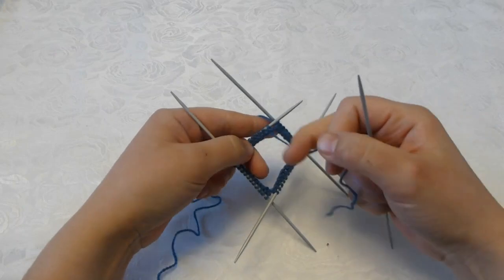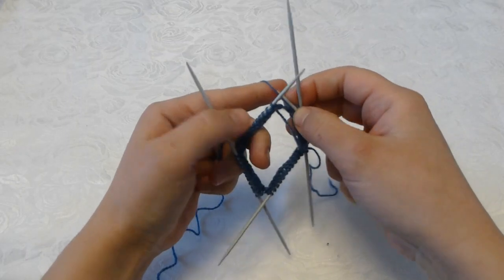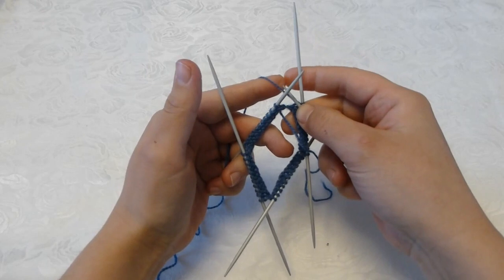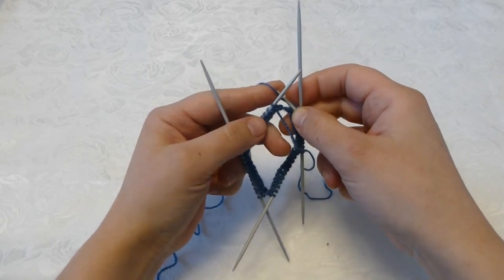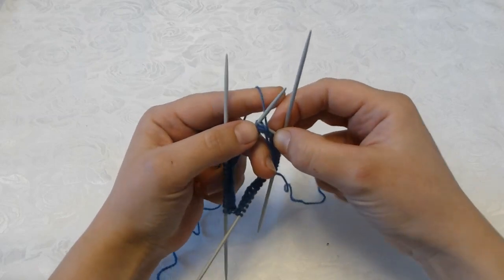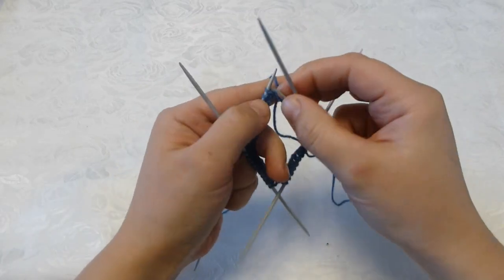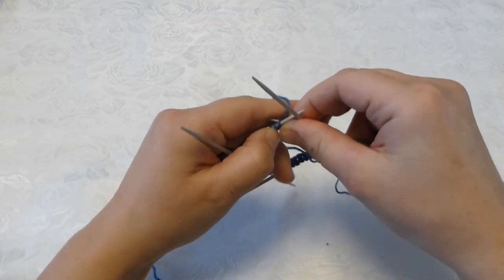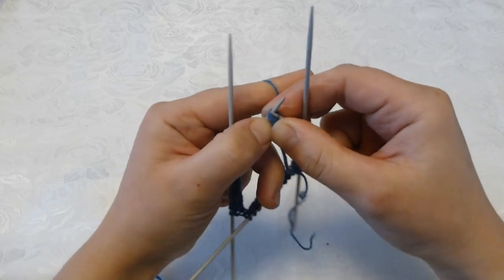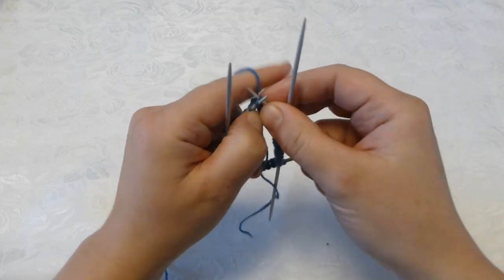Now I am finished with my 2 rows of purl knitting, so now I will start to do the lace, and this is done in 2 steps. First row, you purl the first stitch, next 2 stitches you knit together like this, and then you knit 2 stitches,